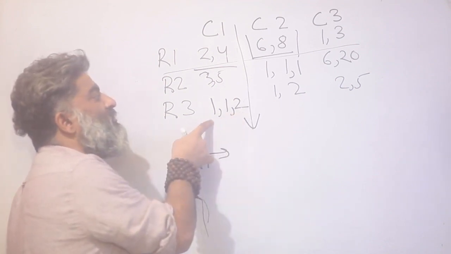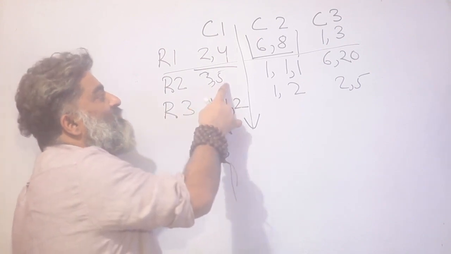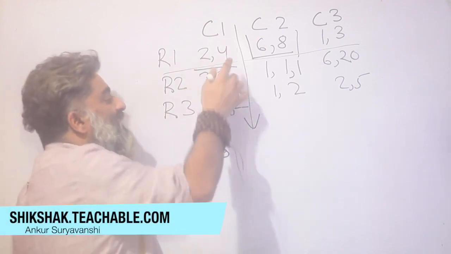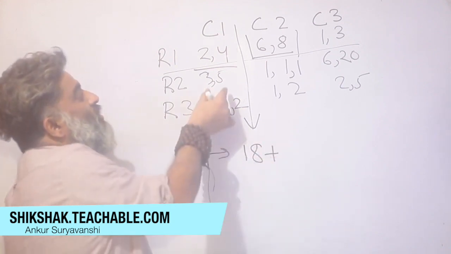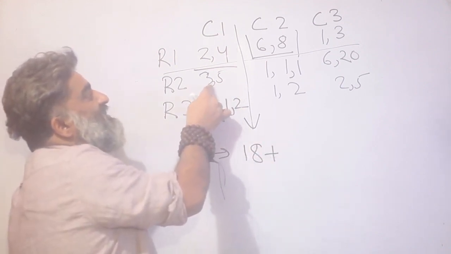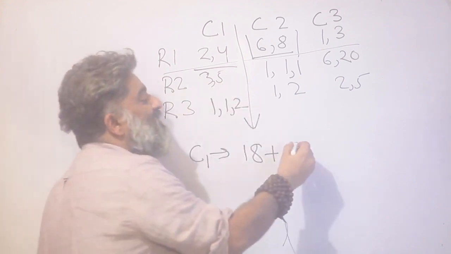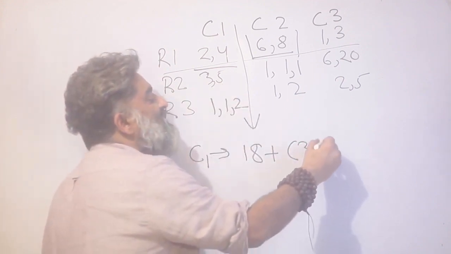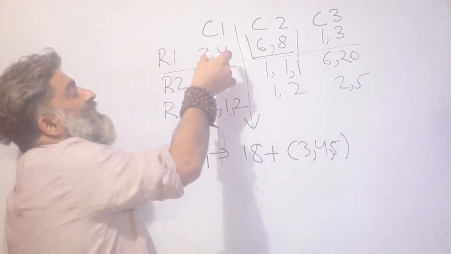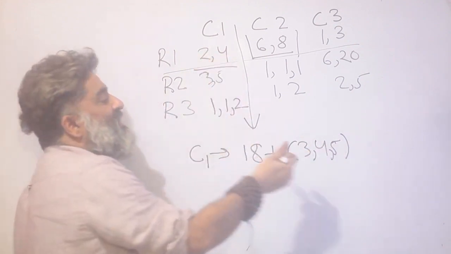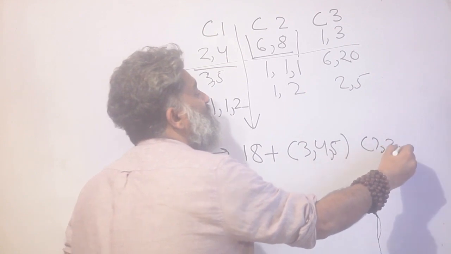This is 4 already. 4, 3, 7, 5, 12, 2, 14 and 4, 18. 18 I have already. Now in this slot, the minimum is 3, the maximum is 5. So the third pouch, the missing pouch, could be anything from 3 to 4 to 5. Similarly, the missing pouch in this slot could be anything from 2 to 3 to 4.